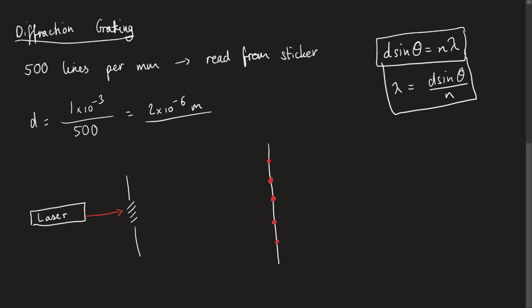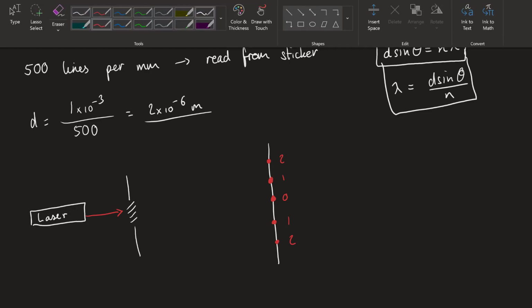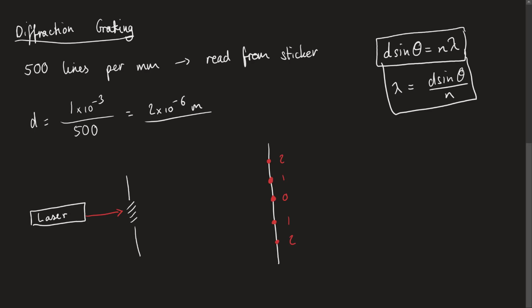Okay, and in this case, n, this is 0th, this is first, this is second, this is first, and this is second. So I did say that we don't have to know d. However, it's practically impossible to measure the wavelength straight from this, since we don't actually have specific waves that are traveling in this distance. This theta that we've made is based on the ratio of the distance and the fringe